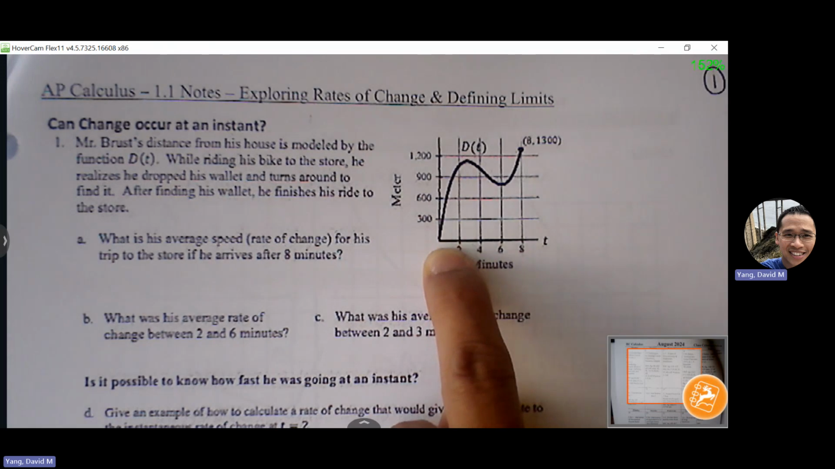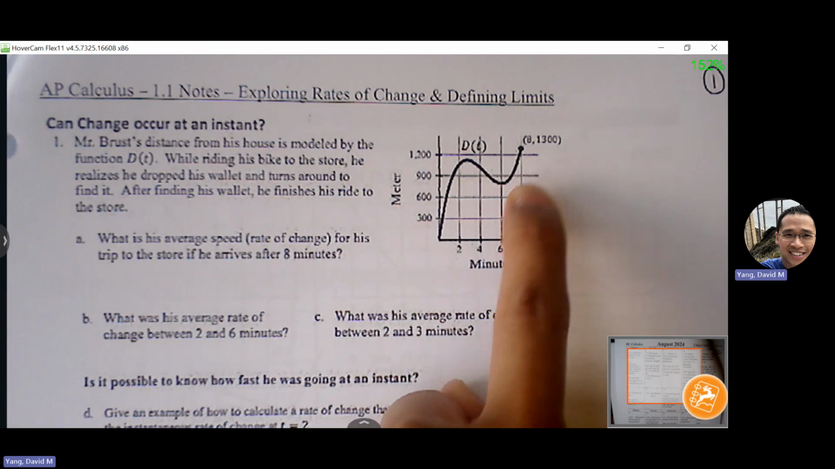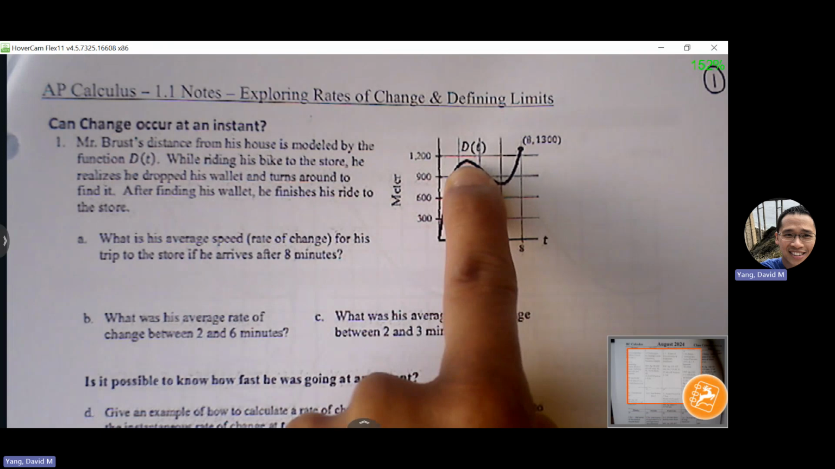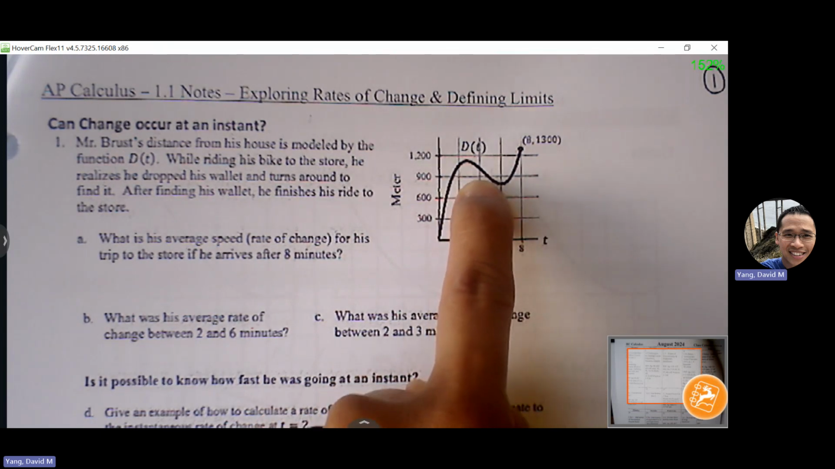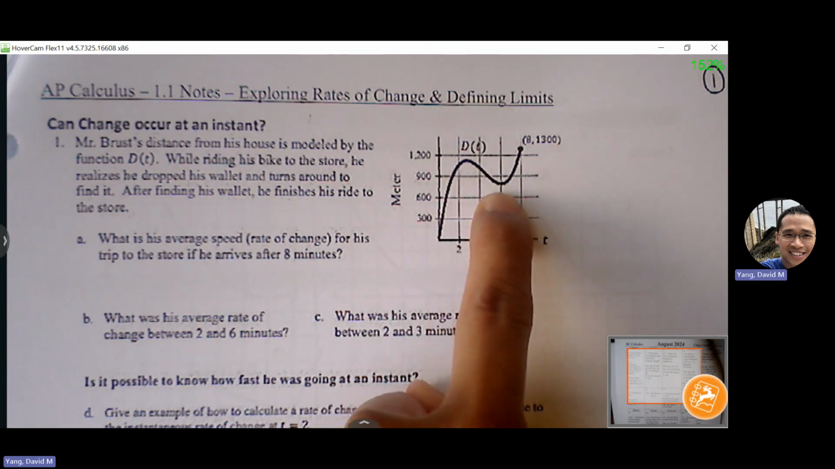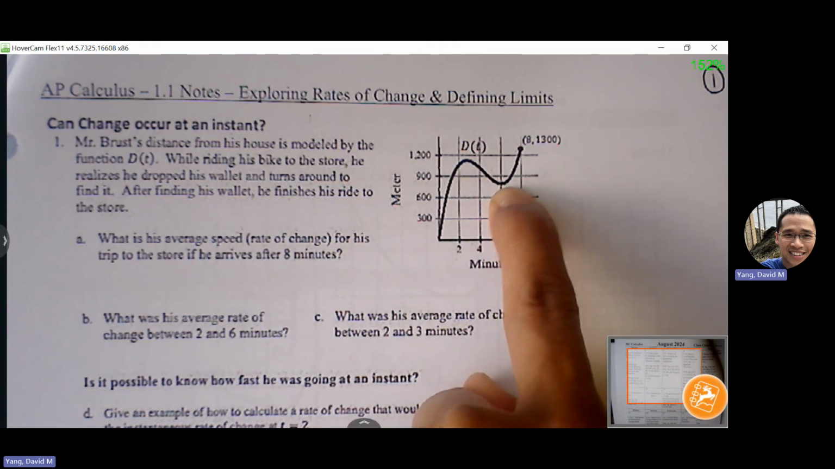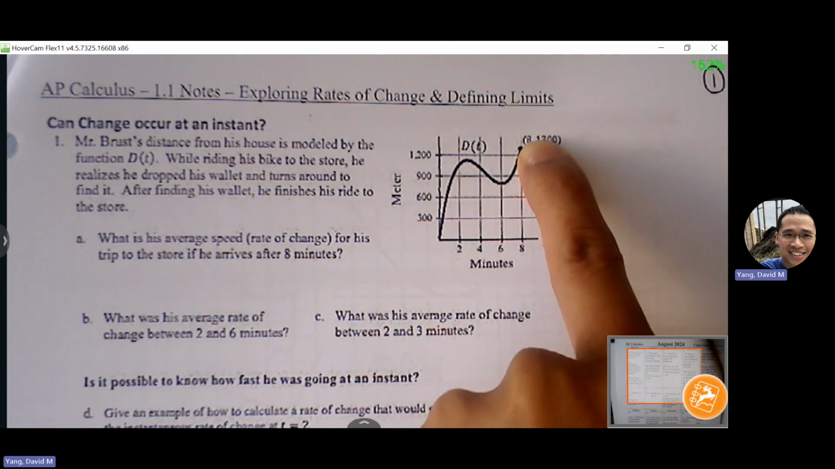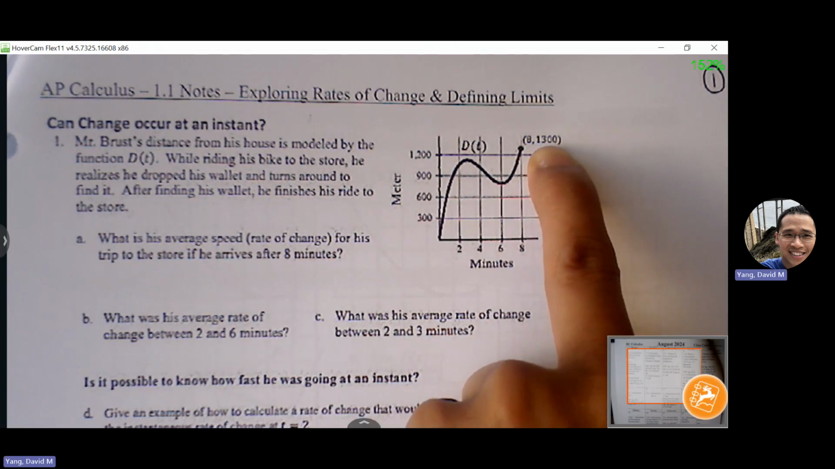So we can see that as minutes pass, this graph indicates how far he is from his house. So we see that he's getting further and further away from his house, and he must have realized at some point that he dropped his wallet. So he's backtracking, and his distance is going to get nearer. He's basically riding his bike back towards his house. And then he must have found it here, and then he starts going towards his destination, moving further and further away from his house. So he ends up 8 minutes in, he ends up 1,300